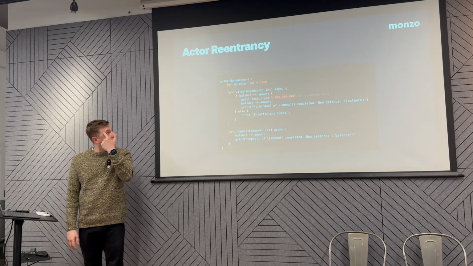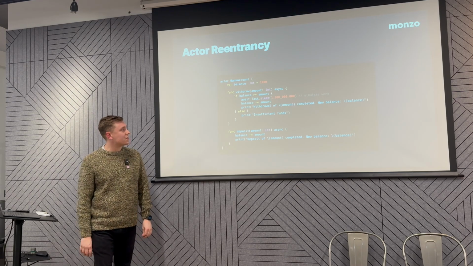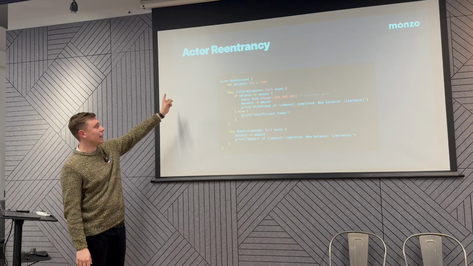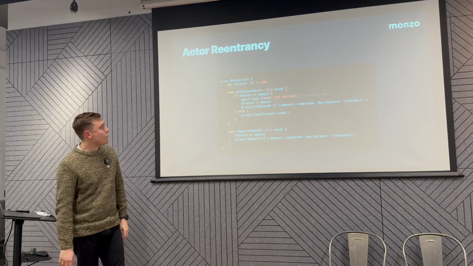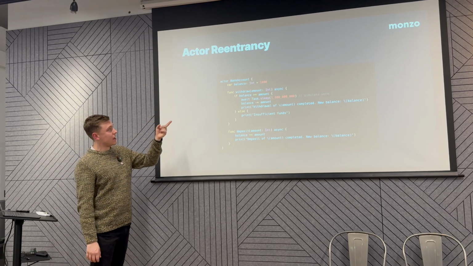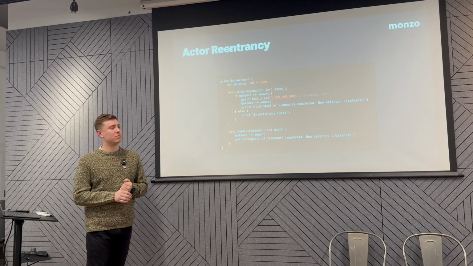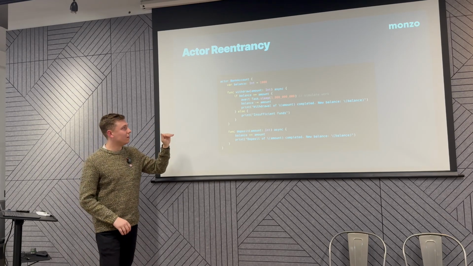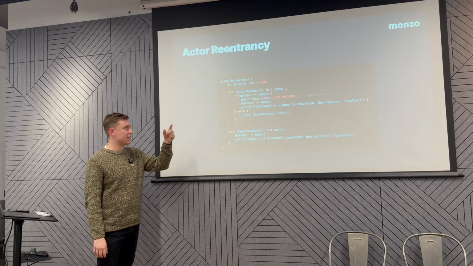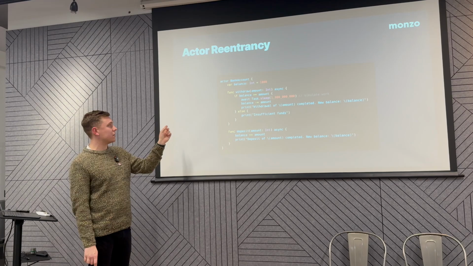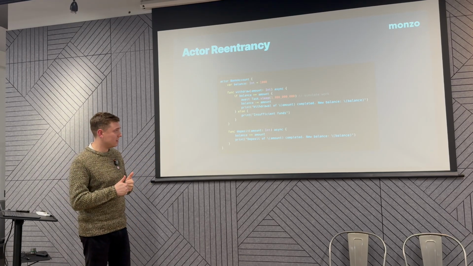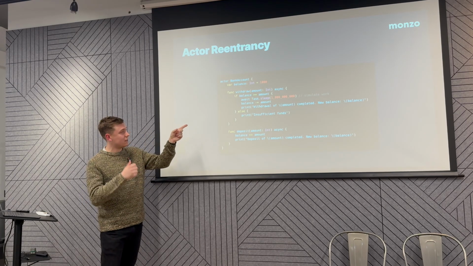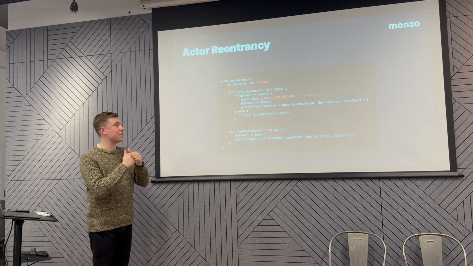A problem with actors specifically is reentrancy. This is a very interesting problem. Here we have an actor that allows you to withdraw some money. What we do is check, is the balance larger than the amount? Very simple. We then create a suspension point where we say, sleep for a second. It's in nanoseconds here. And then we subtract the amount from the balance and say, withdrawal completed. It seems very innocent. Now, imagine you call withdraw twice, just after each other,